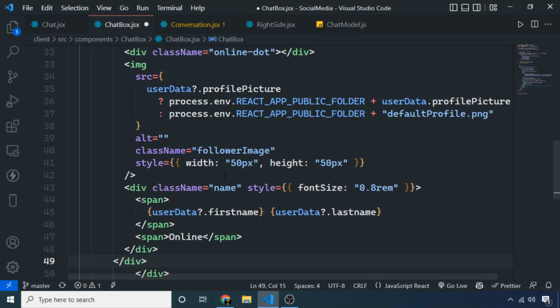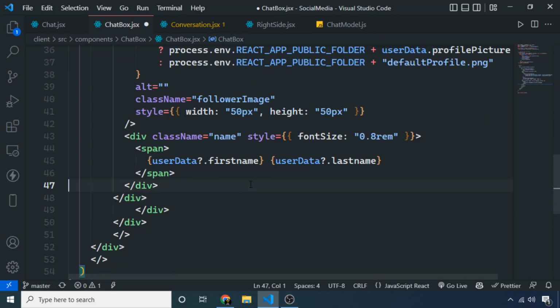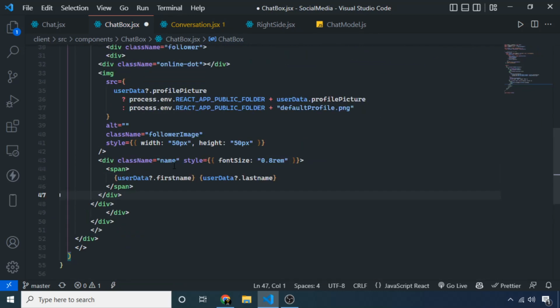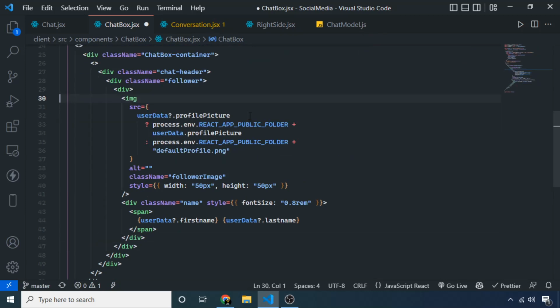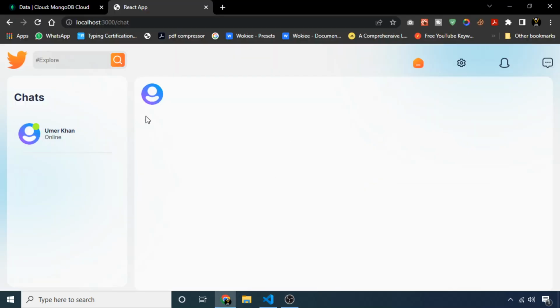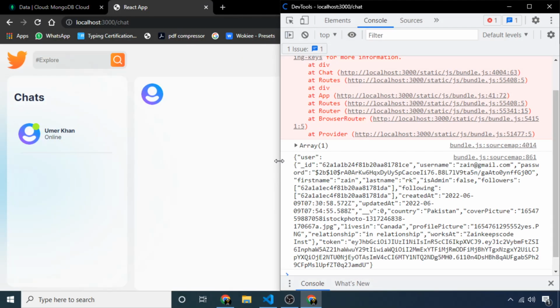Here I am pasting this. Okay, now I don't need this online span inside the chat box. Also I don't need this online dot. Let's format the code, save and see the result. If I just inspect the terminal,